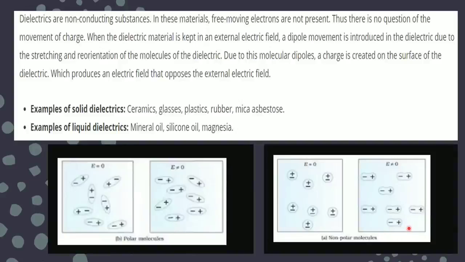According to the direction of the field, of course, positive will move in the direction, negative will move opposite to the direction. On this we have done the numericals also. So positive charge always moves in the direction of the field, negative charge always moves in a direction opposite to the field. So it means in both the cases they are orienting themselves, whether it is a polar molecule or a non-polar molecule.